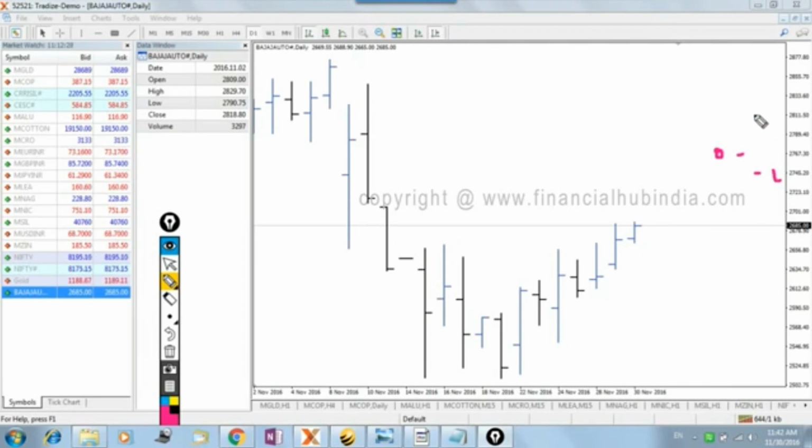and throughout the day in its fluctuation it made a high of 2811. All right, so this is high, and at the end of the day, finally by 3:30 it closed around 2789. Now there are 3 rules you need to remember while drawing this bar chart. Rule number 1 is